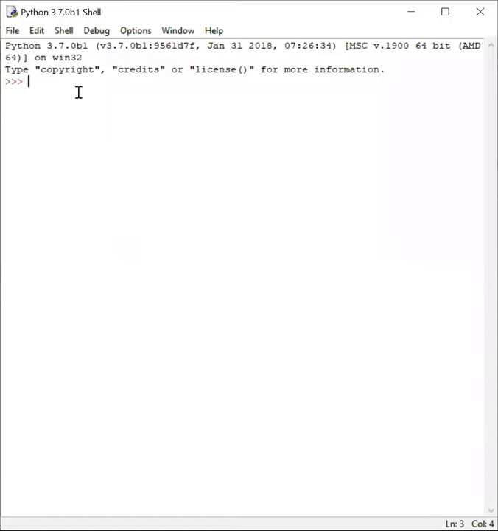Now, till now, we have seen how to read the file using a read function. But if the file size is very large, then you would not be able to read the file using a read function. So how do you read a file in such a case? You can use any loop. You can iterate through the file and fetch the contents of the file line by line. So you'll see how to do it.